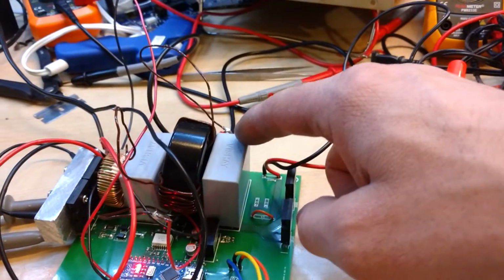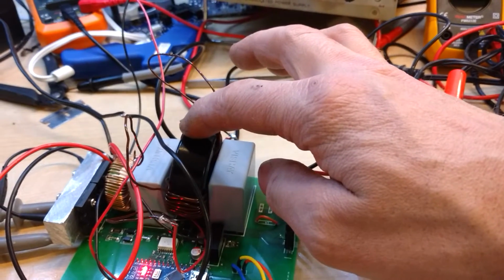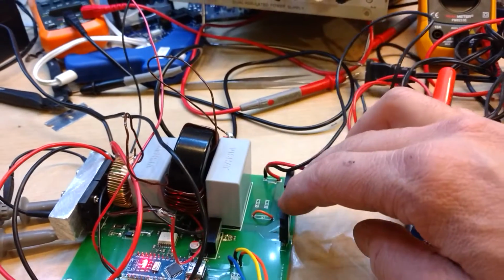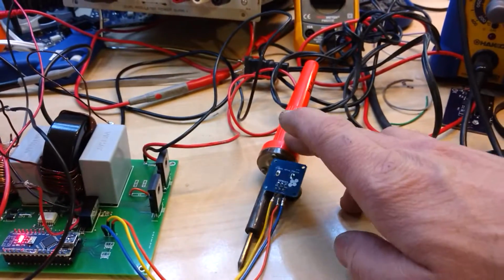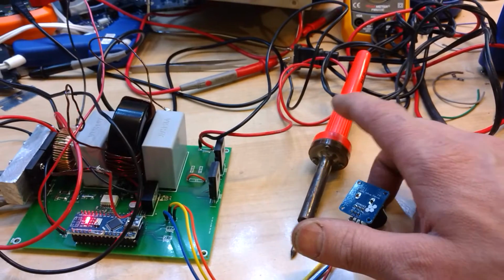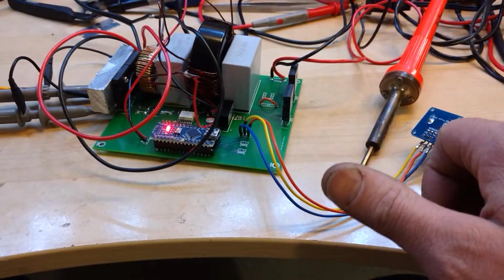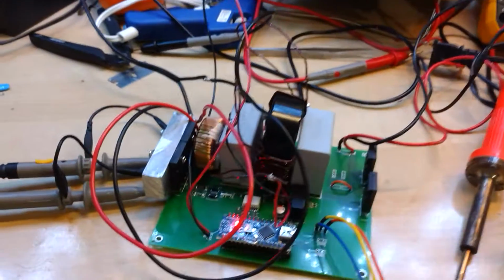Basically, it takes the energy out of this toroid, it goes into this cap, and then it gets rectified through these diodes here and into the soldering iron. I'm just using this as a load. This Welch charger battery, I'm going to actually hook that up next before I go upstairs for dinner, but right